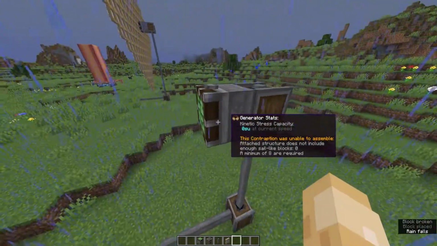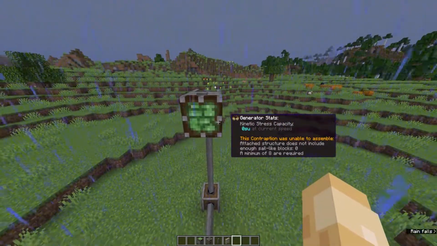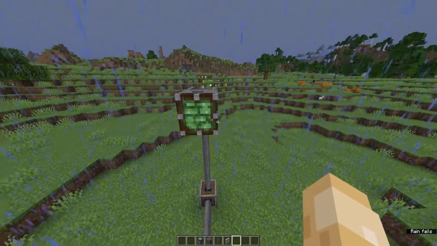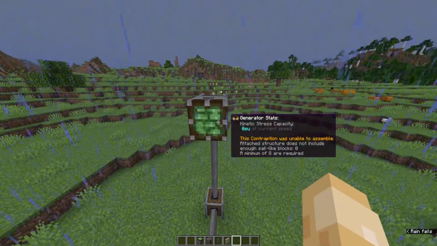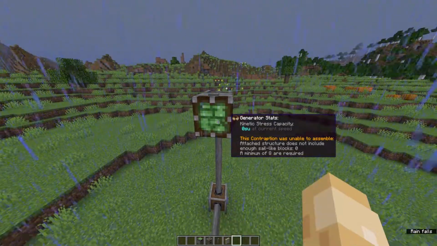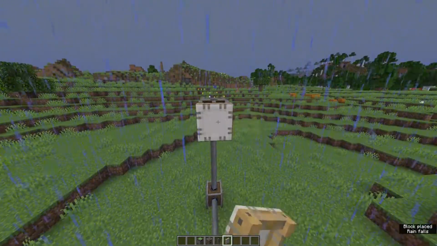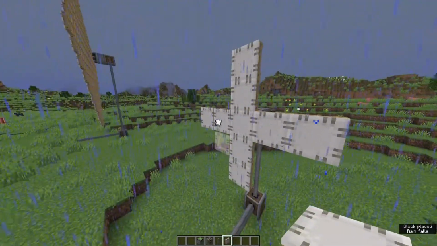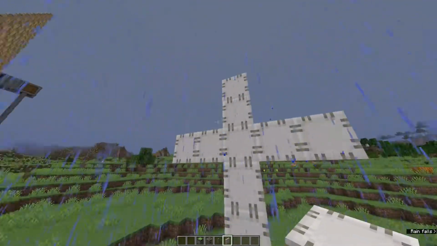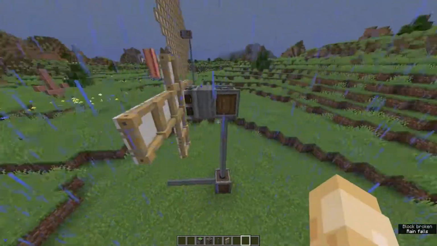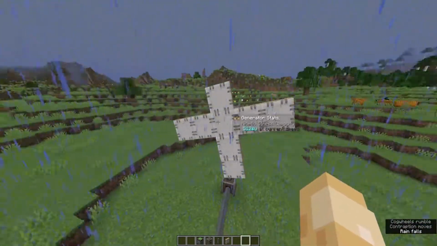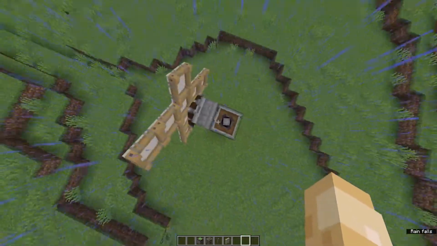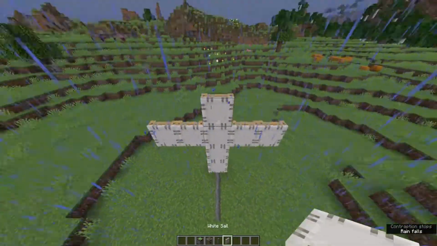You can see that it says that this contraption was unable to assemble. Attached structure does not include enough sail-like blocks. So you can use sails, or I think you can use wool, but I prefer sails because it's easier, and you can get more per wool. So if I right click, now you need 8 minimum, so there's 1 and then there's 4, so this is 9, but I can take off 1 on the top and it'll work, but just very slowly because it depends on how many sails